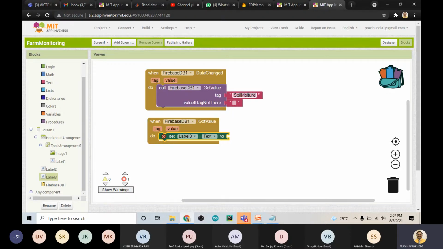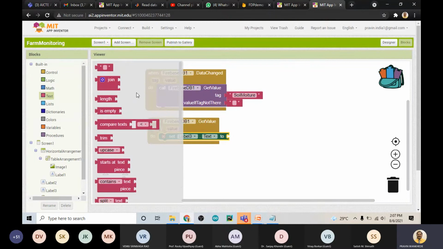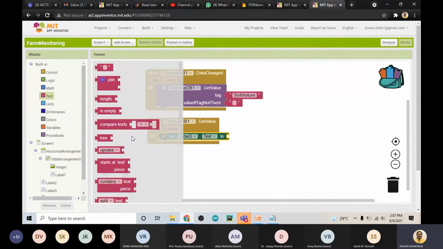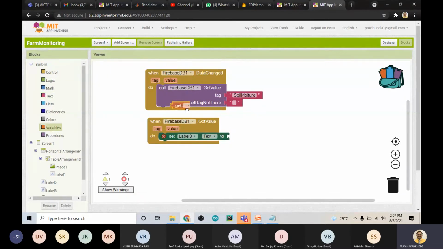That is, your soil moisture, provided this value, so value of this text. So I will pick up another text. Take a variable, take a variable of get, use it. And now here pick up the value.